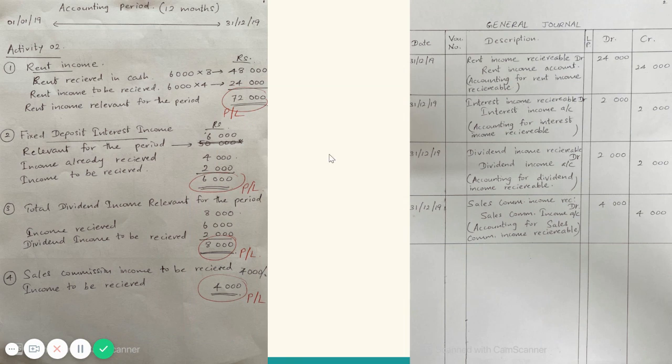Then under the second example, interest income receivable debit 2,000, interest income account credit 2,000. In all these cases, don't forget to write the narration for each double entry. Then the third one, dividend income receivable account debit 2,000 and dividend income account credit 2,000. With regard to sales commission, the total amount has not been received. So therefore, for the total amount we are going to put the double entry: sales commission income receivable debit 4,000,